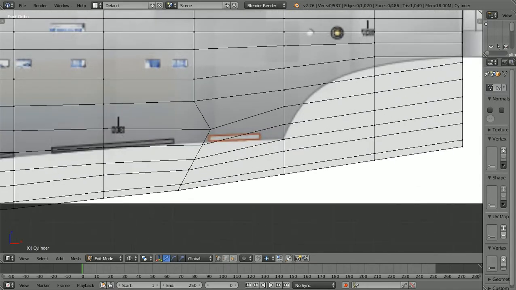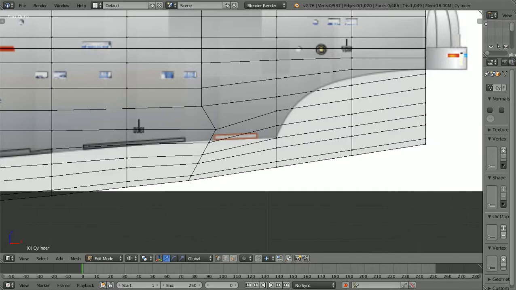So we got our bottom kind of where we want it. Let's bring this out a little bit. Okay, now you'll probably think this is kind of funny or funky, but what we're going to do is